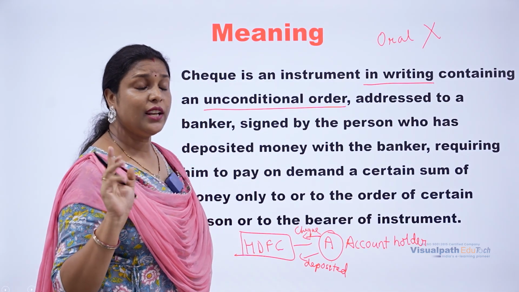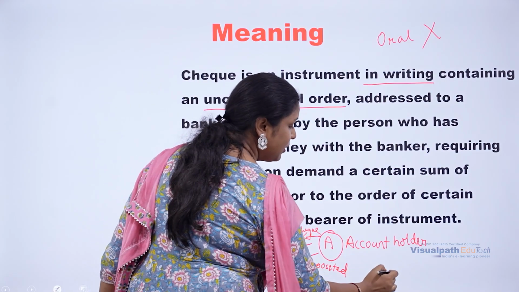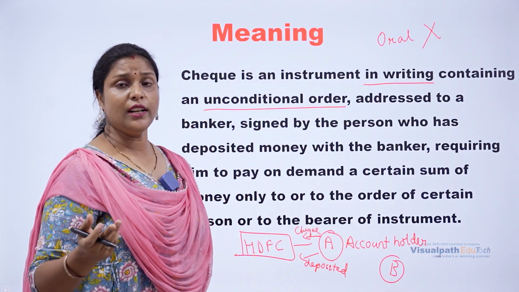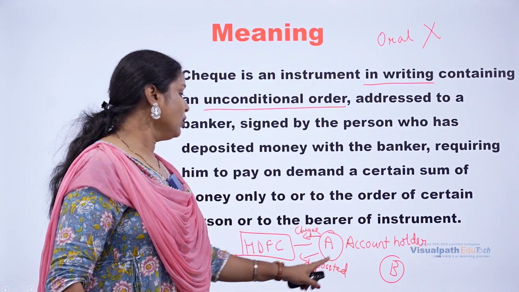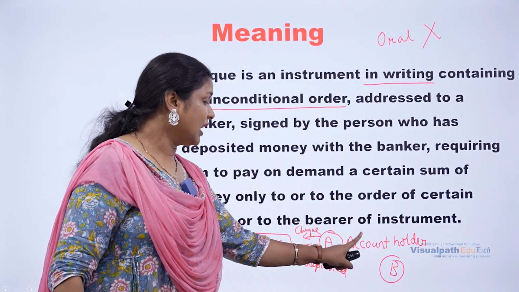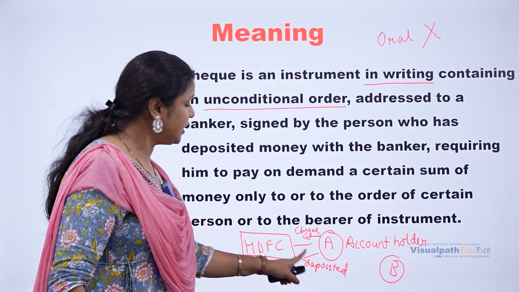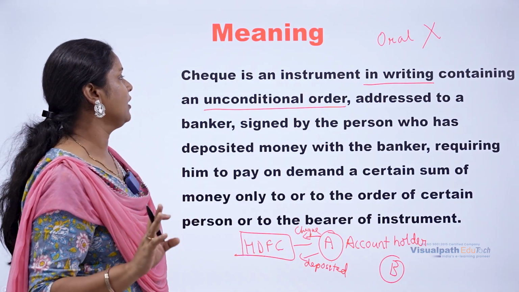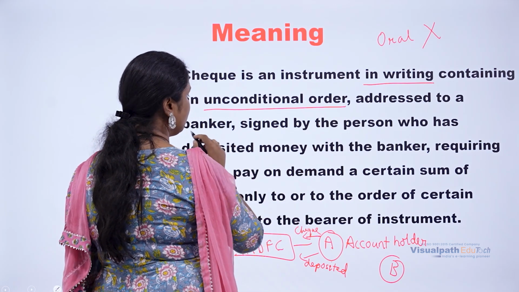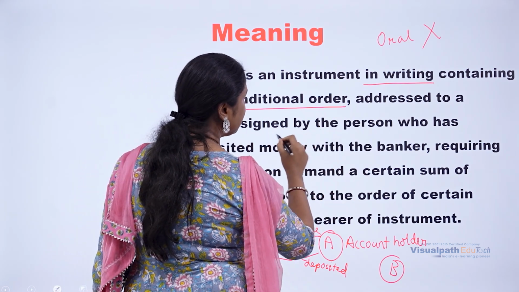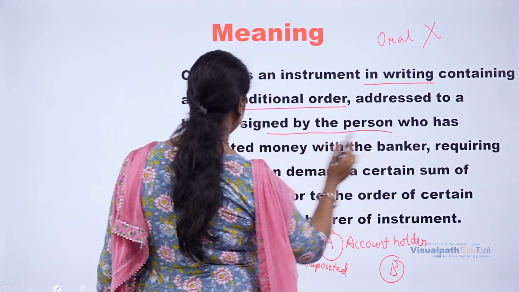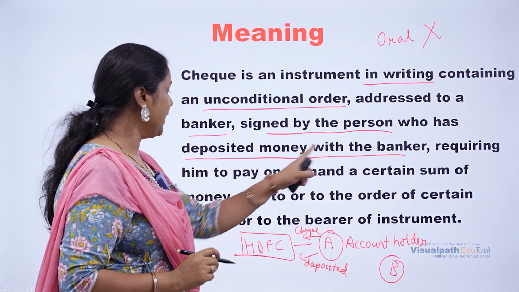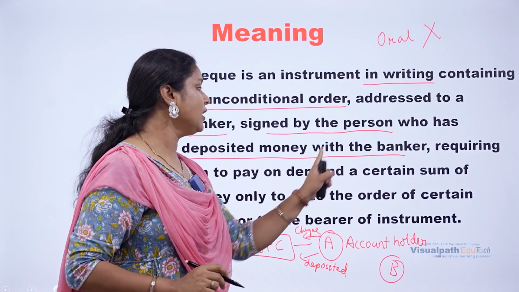So who can give a check? Can someone randomly, like B, come and deposit a check with SDFC for encashment of money? No. So who can do it? An account holder who has deposited money with the bank can only ask for a check. So addressed to whom? Addressed to the bank, signed by the person. Who's going to sign it? Signed by the person who has deposited money with the bank, requiring him to pay on demand a certain sum